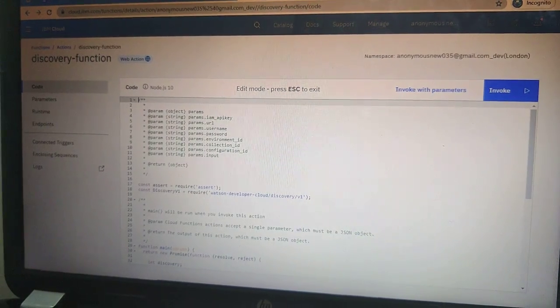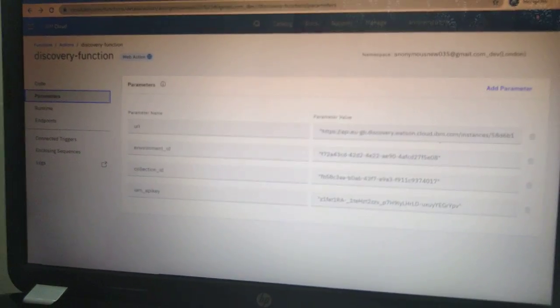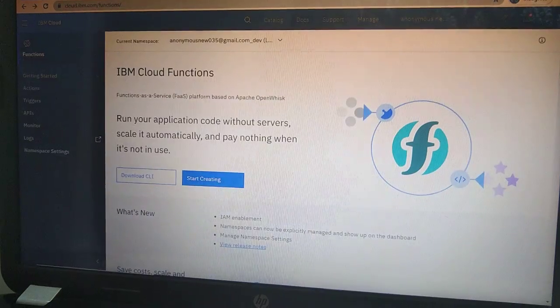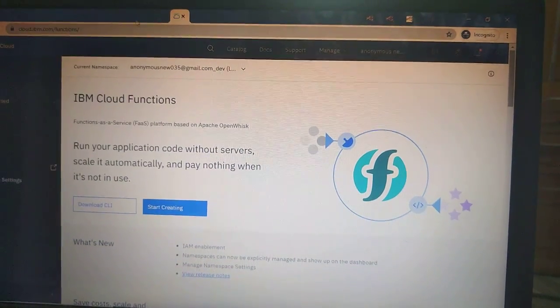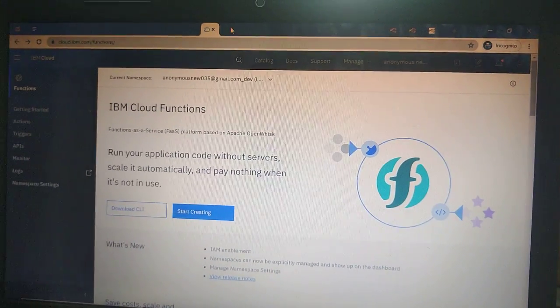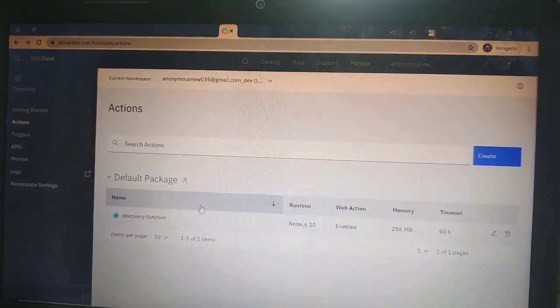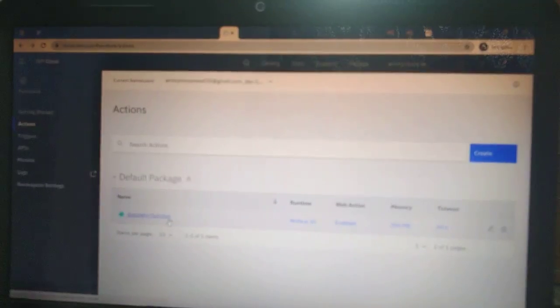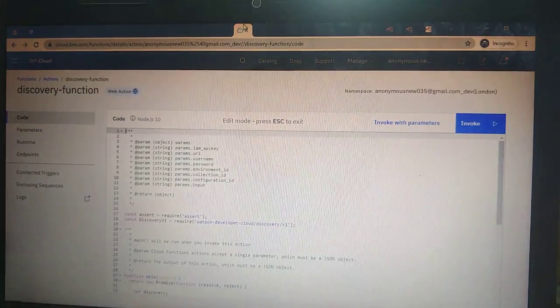I've already created one action. After clicking on actions, we are directed to this page, and I've already created one action known as discovery function, so I will directly take you over it. In this function, I've provided the code which will work in the backend, and